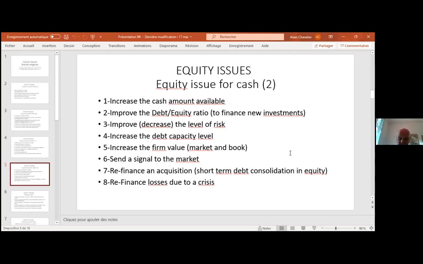were deducted from the level of total equity. Total equity was reduced by the crisis. They were refinanced by that, and they have to come back to a kind of standard and normal situation, increasing the level of equity. So equity issues for cash in the present time are very often done also for restructuring the balance sheet of companies which are hurt by the pandemic. And of course, airlines is one of the best examples we can get.